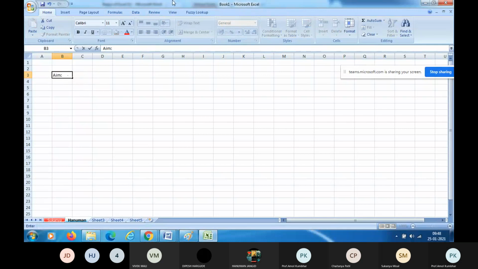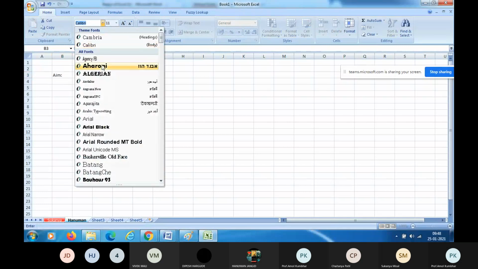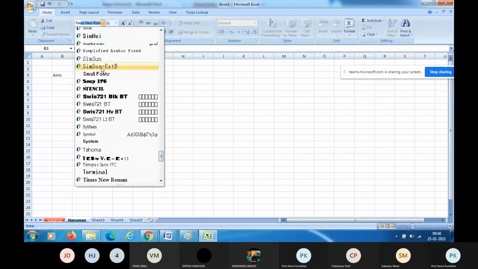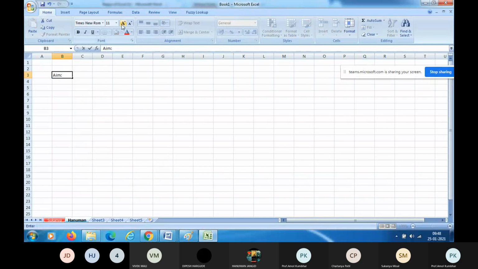Let us first increase the font size. Now in this Excel sheet you are observing a font. You can change the font from this place. So let us select font Times New Roman. Let us select font size 20.